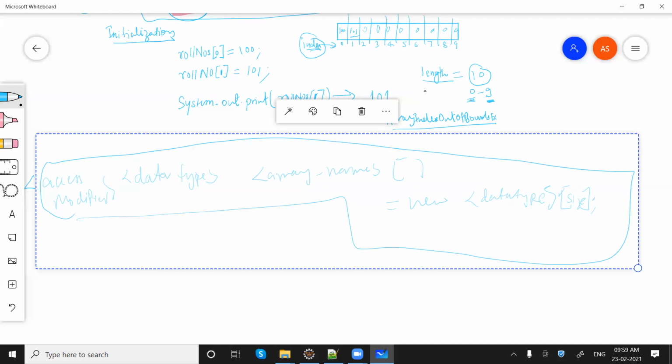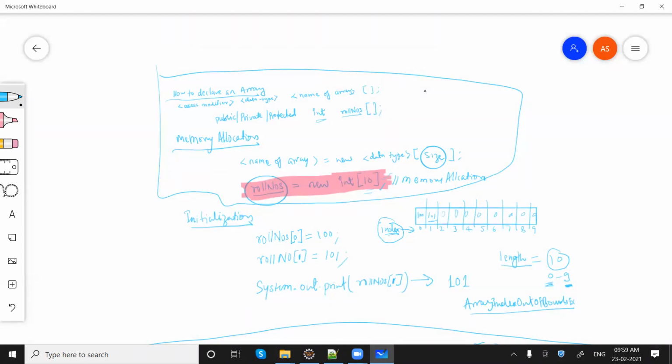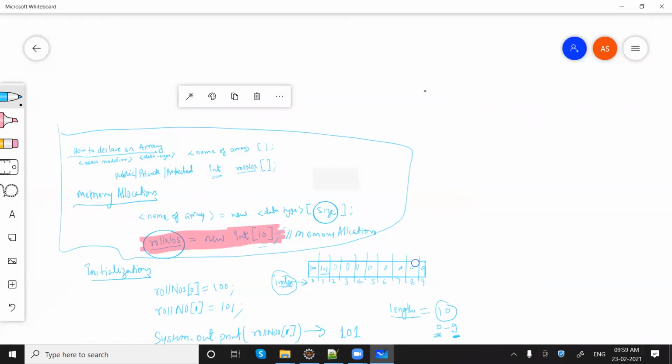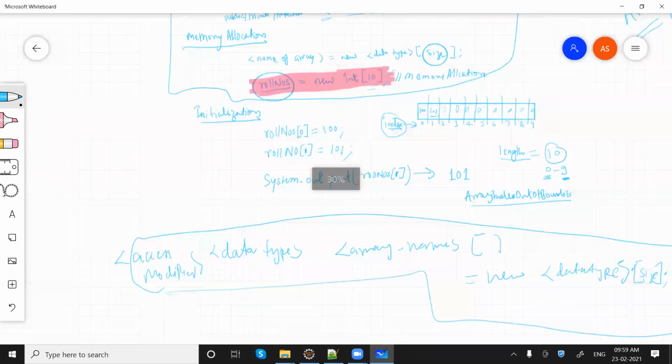Okay, so the array we were looking at is called a single dimensional array. Similarly, we can have 2-dimensional, 3-dimensional, 4-dimensional arrays.